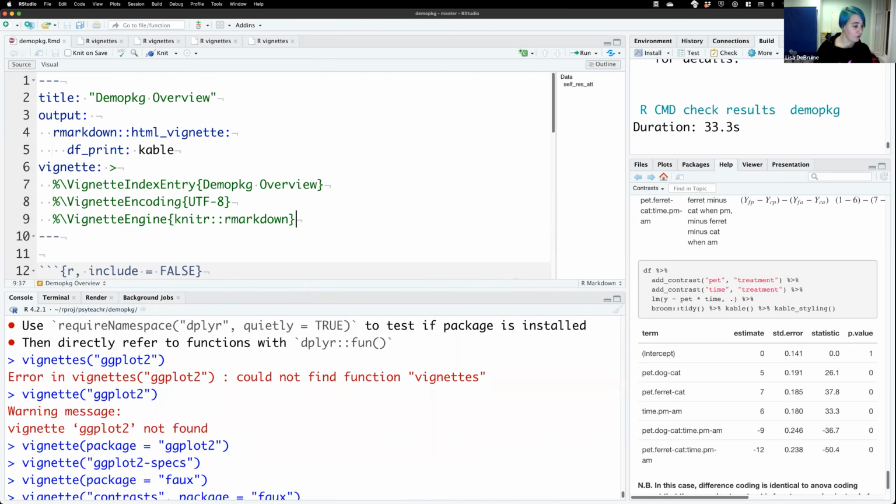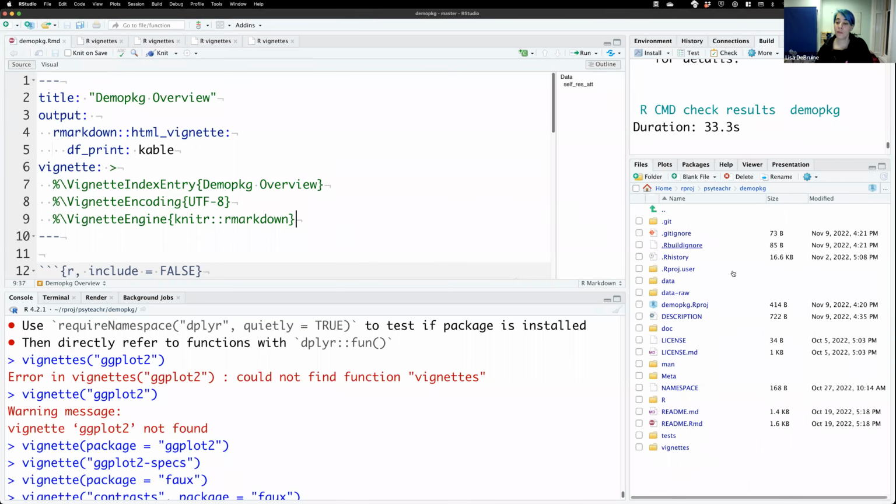Does anybody have any questions? Why are you seeing two READMEs in my files? Okay, so did we make a README together as a class? I can't remember if we did this, but README.Rmd. If you don't have any READMEs,